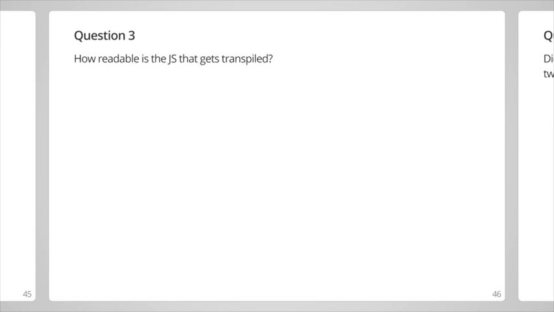How readable is the JS that gets transpiled? That's a great question, and it's not human readable. It's not meant for humans. It's meant for machines. And of course, you can tinker around with it, and it's actually fun to read both the minified JavaScript and read the map. The map file helps you basically get from the minified back to the Go. So it's actually cool. GopherJS is, I'm a big fan of that project because